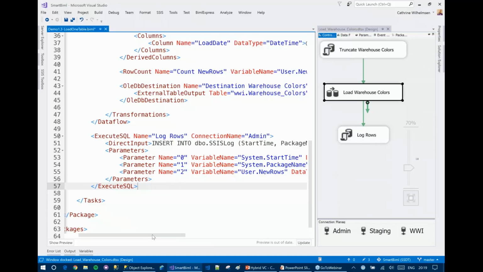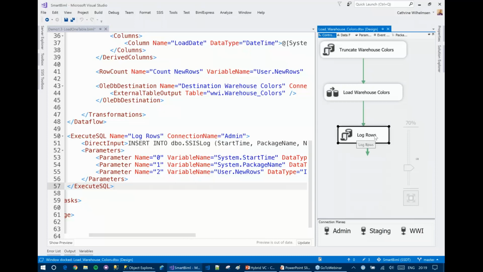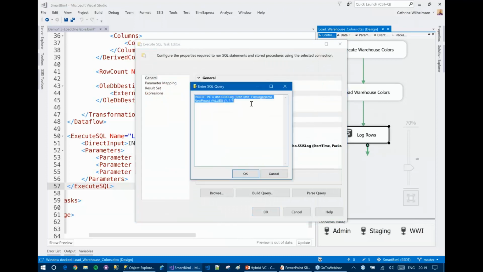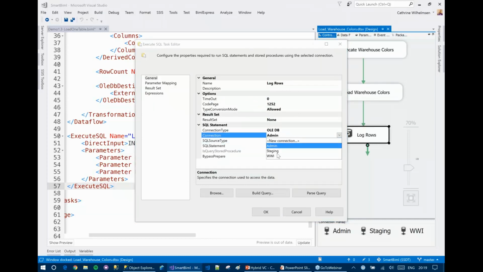And again, this is probably one of the tasks that is very time-saving for me at least, because when you need to do this in SSIS, what I would have to do here is drag this onto the interface, connect this arrow, then go in, and we get to use this nice little interface here where we enter the SQL query, and then we have to select a drop-down from this